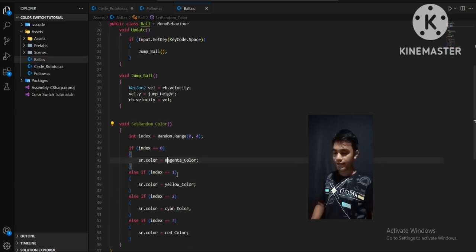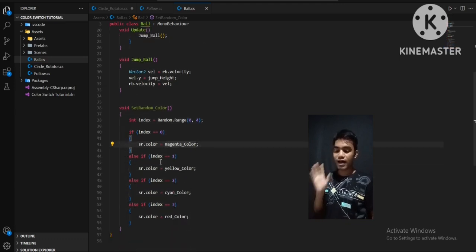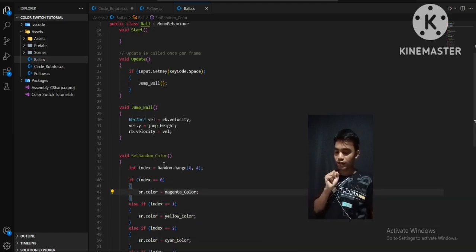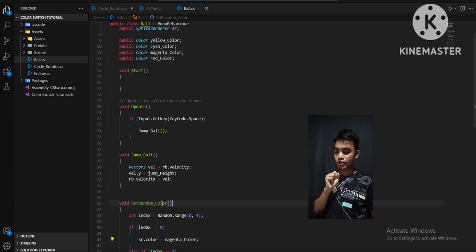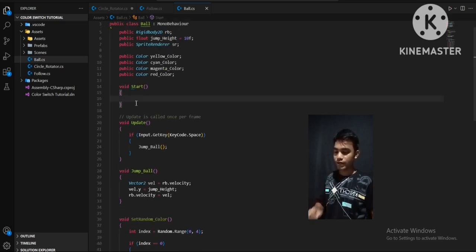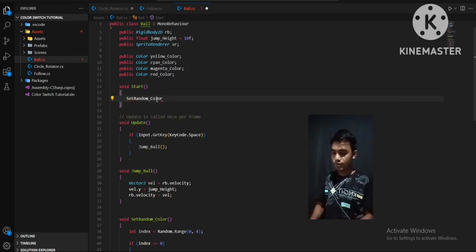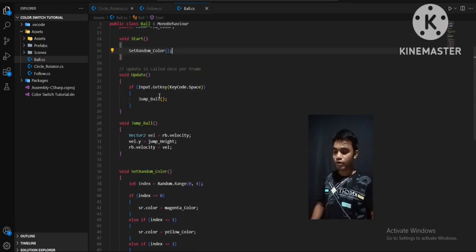Okay, so control S on your keyboard to save your code, but we need to call this function, we're never calling it. So the color will not be changed. Okay, to change the color every time we enter the game, we have to call this function in the start of the game. Okay, so let's call it. We know the Start function gets called when the game starts. Okay, so from there we will call SetRandomColor. Okay, and make first brackets, close that off with a semicolon,